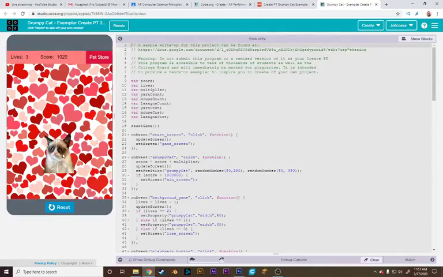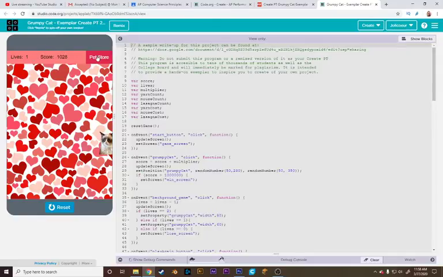Almost. I want you to also take a look at some of these other things that it's doing. Every time I click, the score goes up and it gives lives. Well, how do the lives go down? If you end up clicking on the screen and missing the cat, the lives go down. If it goes down to 0, you're going to lose. So pretty simple. Everybody has done all of this so far, so you know that it's pretty accessible.